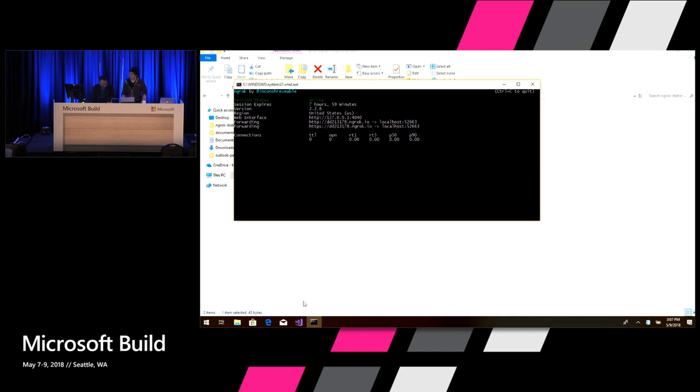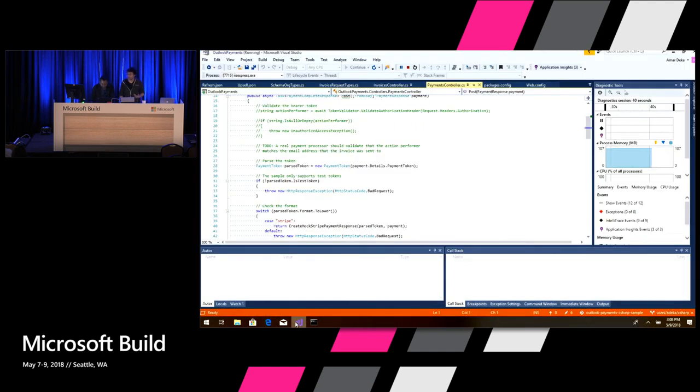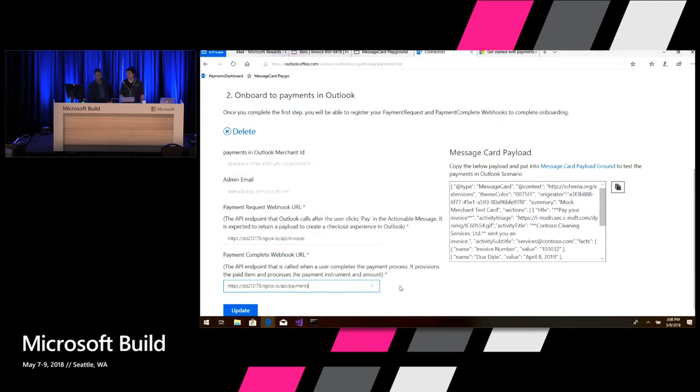While he's doing that, I'll explain the context. Earlier, you saw that Amar drops in two webhooks onto our development portal. One of the reasons we need something like ngrok is because we proxy all requests for security purposes. So if you want a development experience locally, you'd have to use something like ngrok to tunnel that back to localhost. While you're working on this experience, you can use these tools to help you build this out. Once you're ready to use a static endpoint in the cloud, that's when you can deploy and drop in your more permanent URLs here.